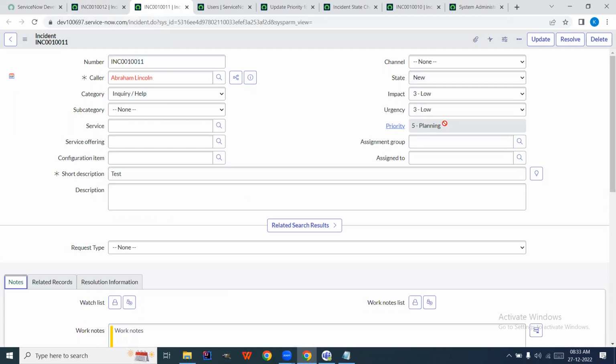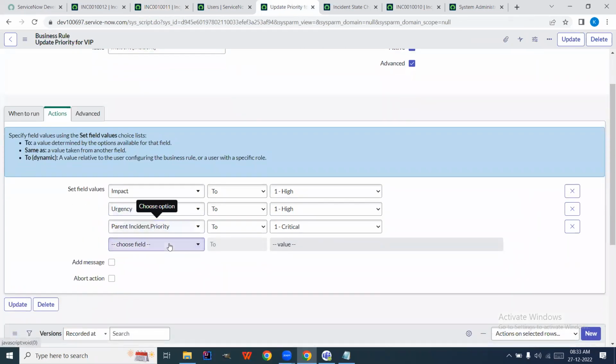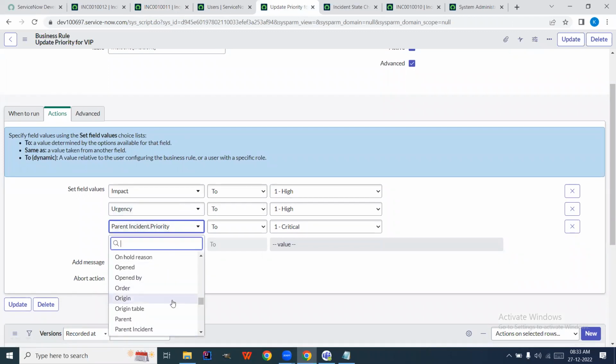Okay, fine. It did not happen because depending on impact and urgency, this priority field is changing, right? So we can't directly change the priority field. Instead, we have to change the impact and urgency to high, and then it will by default change the priority to critical. But here in this case, for update priority, we do not have that impact field, right? For parent incident, we are not able to find that field. If I search for parent incident fields, there was an impact and urgency field, but I was not able to select it there. So in this case, what you have to do is you can make use of advanced,